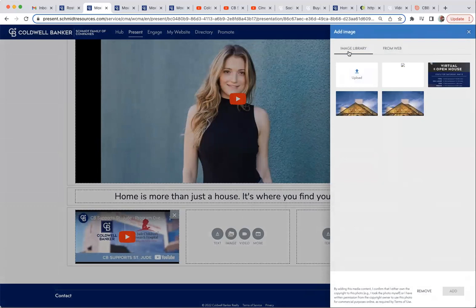And it's going to give you the opportunity to pull from any previously used pictures. Every time you upload a picture from your computer, it will be here in your library. If you want to upload a new picture that you got from schmidtresources.com, that social graphics tab, or if you're in Desk, that CD Desk, and you go to Brand Serve and download your pictures from that, you'll be able to upload them from your computer using the upload button. I'm going to go ahead and select the one I already have in here and